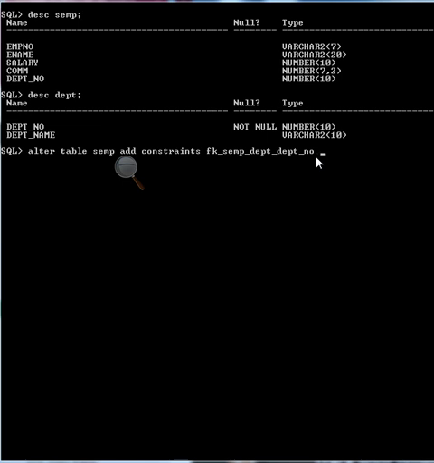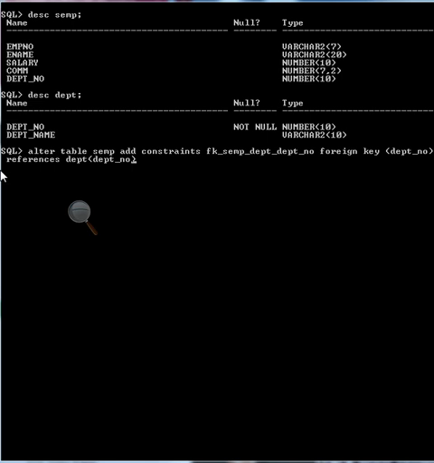And here we have to write FOREIGN KEY, and inside the parentheses we write the name of the common column on which we apply the foreign key constraint, department number. Then give a space, REFERENCES, from the table DEPT, and the column name is DEPT underscore number.